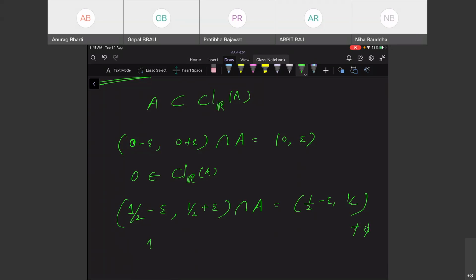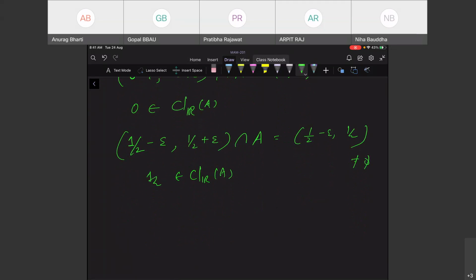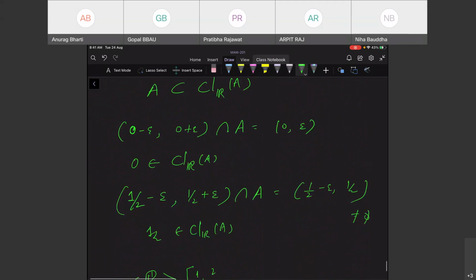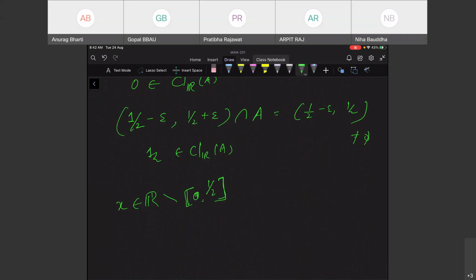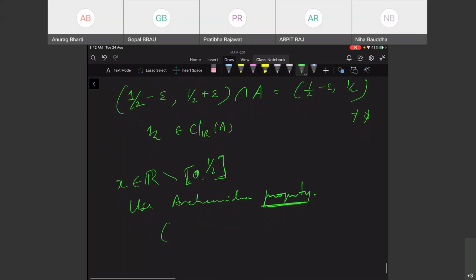So half also belongs to the closure of A. If you choose any real number x in R outside the closed interval [0, half], then by the Archimedean property you will definitely get an epsilon